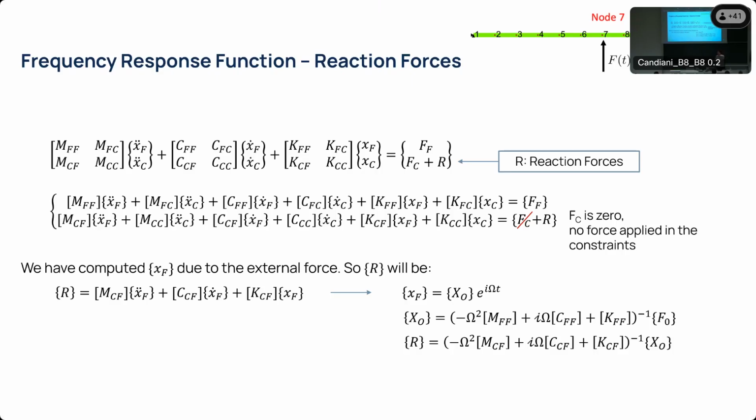If the free one can move, it means that there is not an external force there. Or if there is an external force, that external force is an input. So we gather all the various pieces. We use the output of a frequency response function to find the values of all those terms, and then it's just a matter of substituting the value of x0 inside the second part of the matrices,